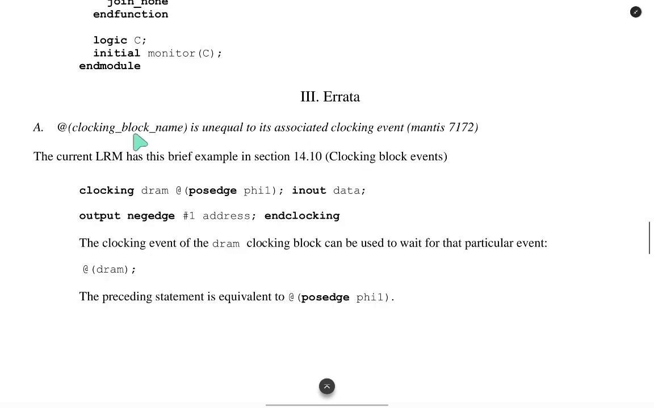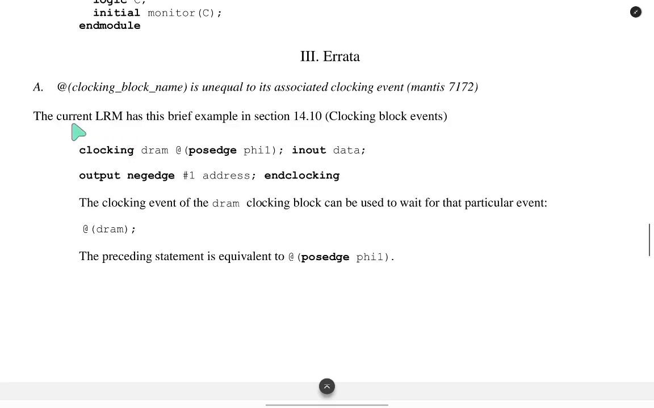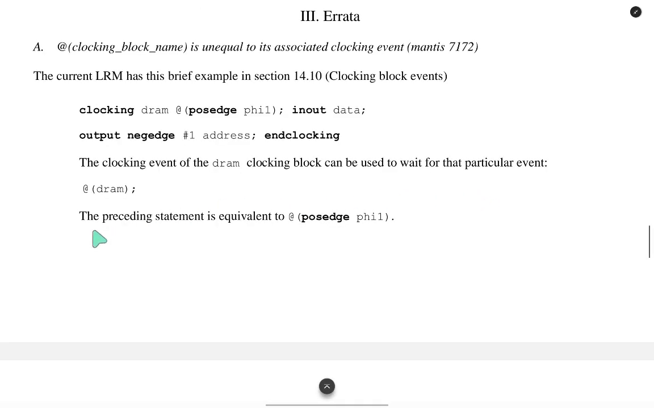3. Errata. A. The clocking block name is unequal to its associated clocking event, Mantis 7172. The current LRM has this brief example in section 14.14.10, clocking block events. So the clocking event of the DRAM clocking block can be used to wait for the particular event. The preceding statement is equivalent to the passage